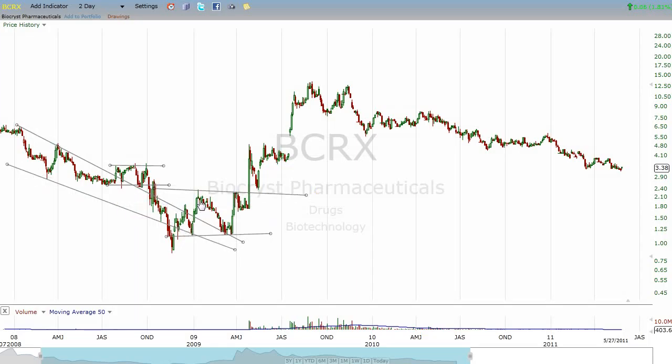Additionally, if we take this line and draw it here, you can see how this is almost like, call it, a descending megaphone pattern. See what I'm looking at? It's almost like this whole thing is a broadening pattern, but once it breaks out, then it leads to what should be a pretty good move.